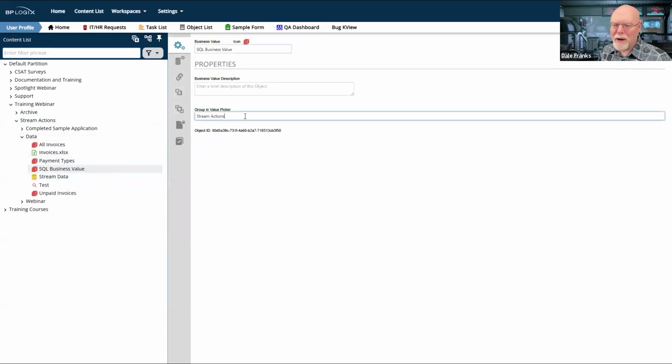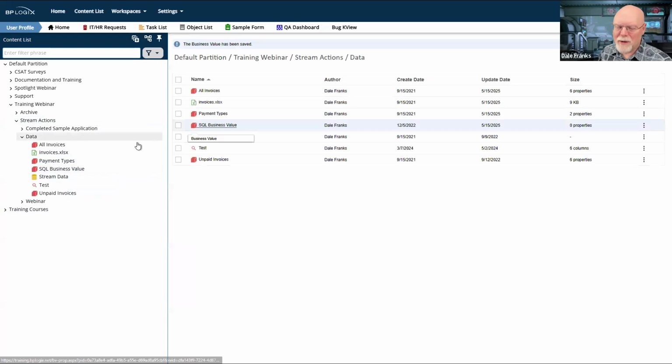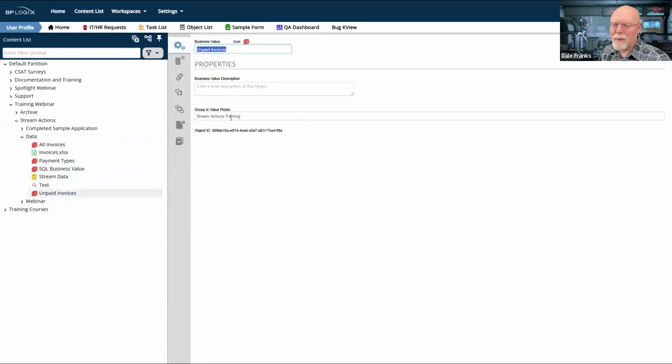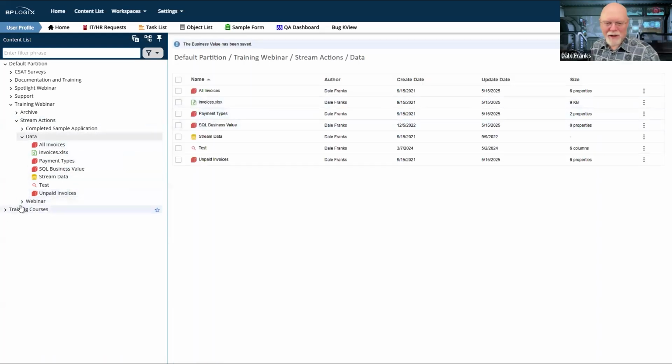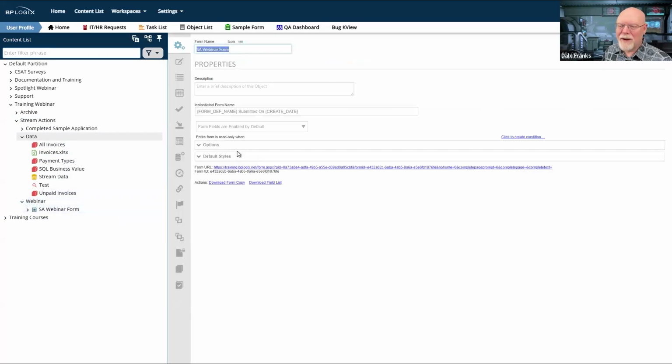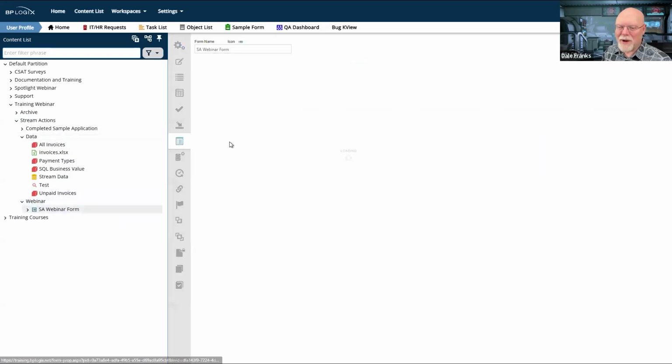SQL business value. I don't know what that is. Not using it anywhere, I don't think. And unpaid invoices, stream actions, W. There we go. Now I should have relatively unique names for setting the fill drop downs on my form.